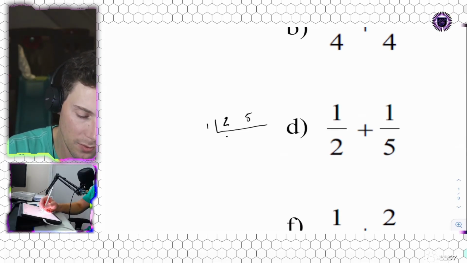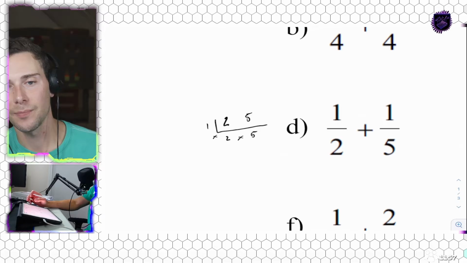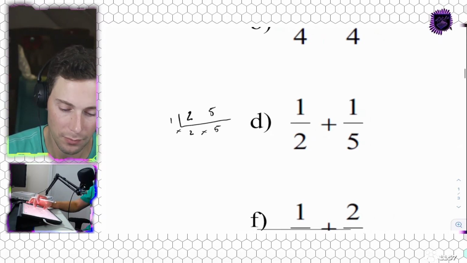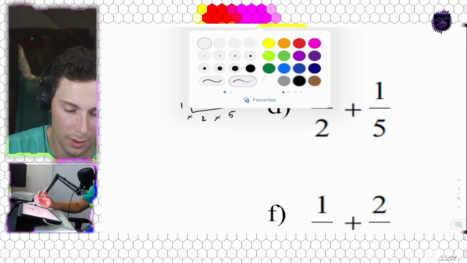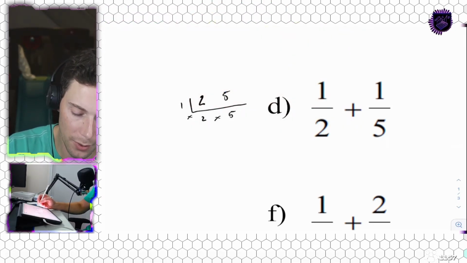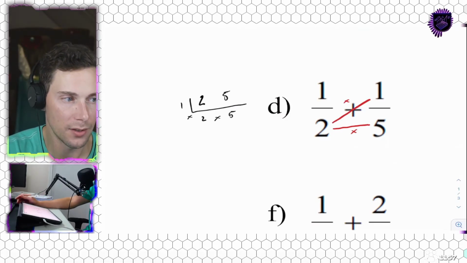So we're just going to multiply 2 and 5. And this is something they call cross multiplication. So what you're going to do, let's take my red here. You're going to go 2 times these two numbers,